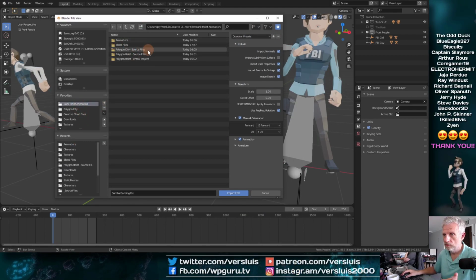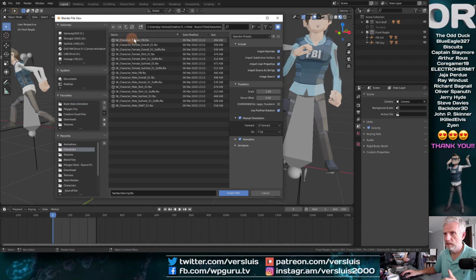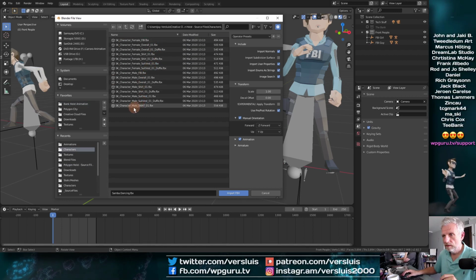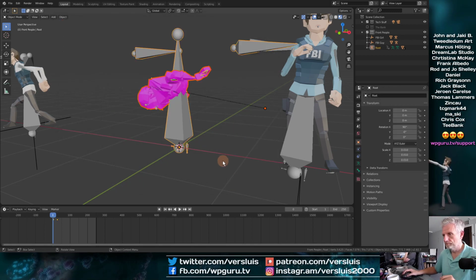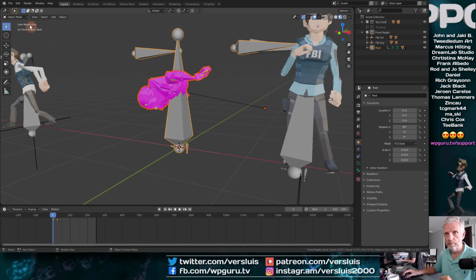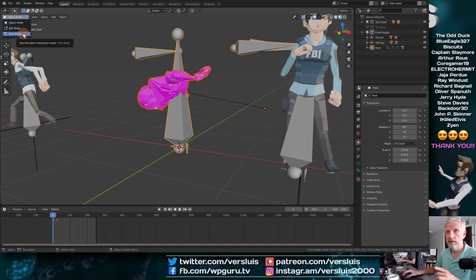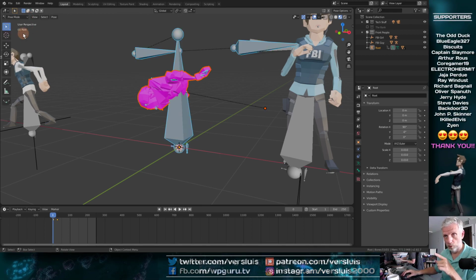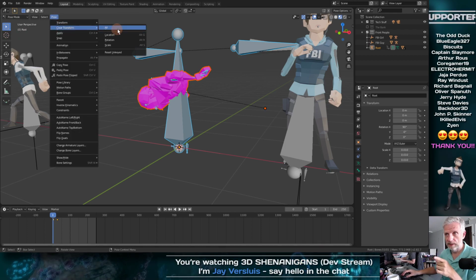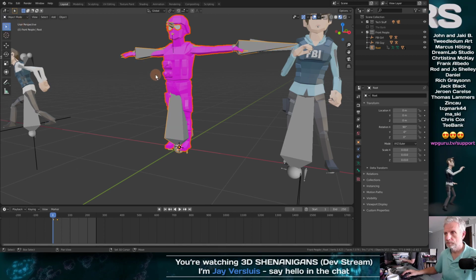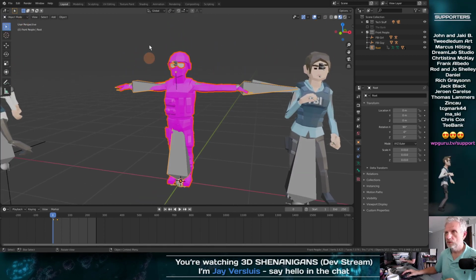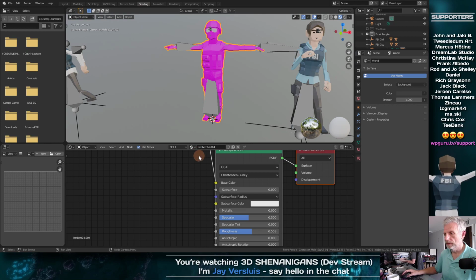So we'll go into the Heist pack, characters, SK male SWAT guy. All right, let's bring him in, untangle his mess, thanks to Titan Gaming. Switch over to pose mode, hit on pose, clear transform all. SWAT guy, and then go back into object mode. SWAT guy. All right.